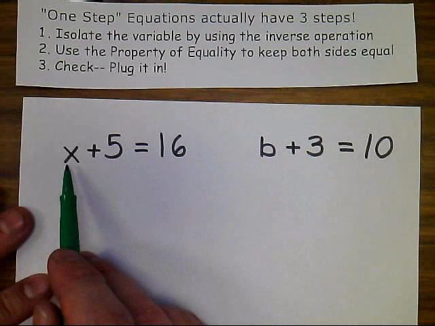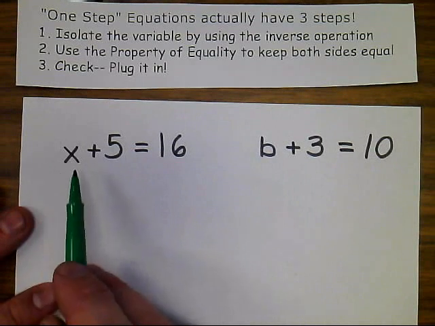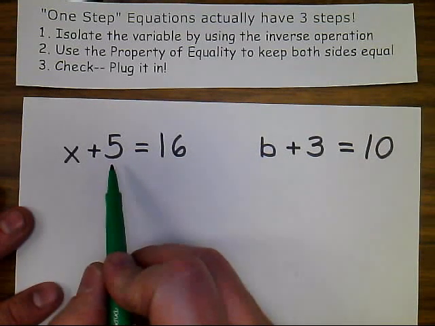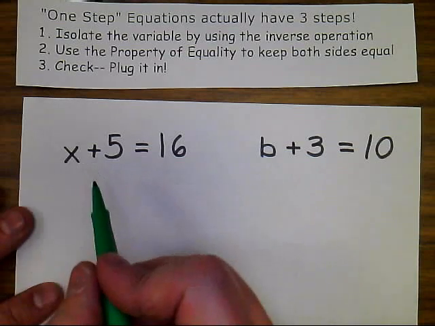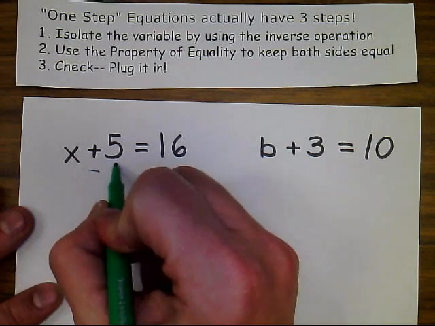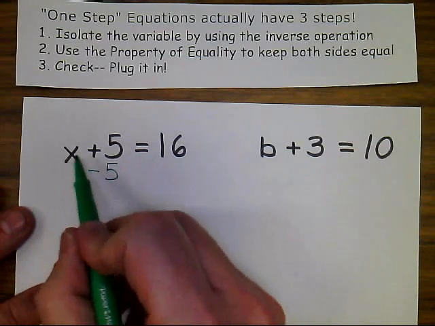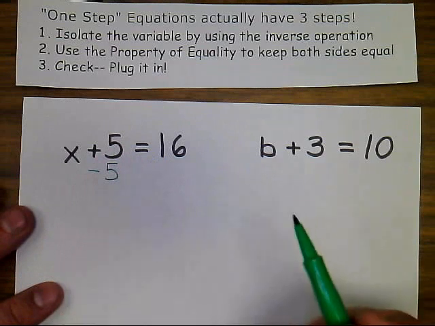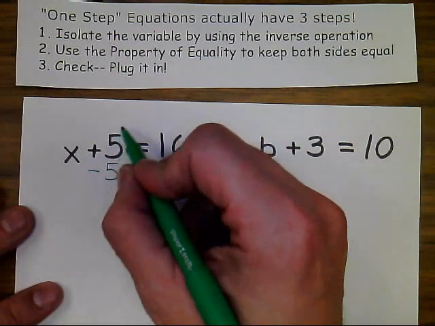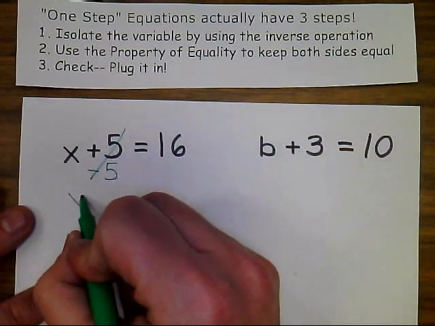Right now, I want that x all by itself. To do that, I need to get rid of this plus 5. We know the inverse of adding 5 is to subtract 5. So really this is x plus 5 minus 5. Since we're adding 5 and subtracting 5, we're just going to cross it off like it never happened, and we're